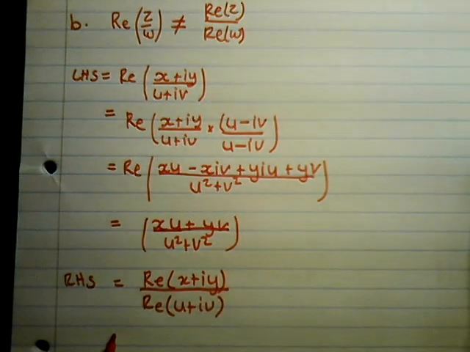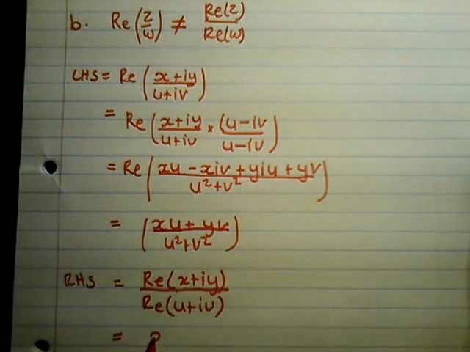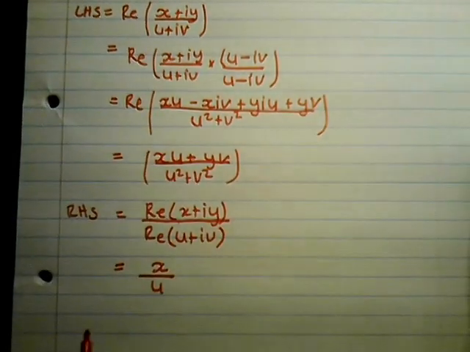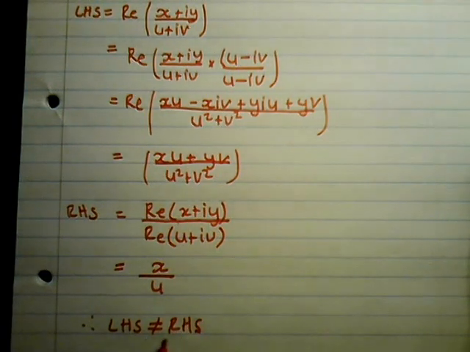Okay, so the real part of the numerator is X and the real part of the denominator is U. So we can see that LHS does not equal RHS, and then this is proven. Okay,